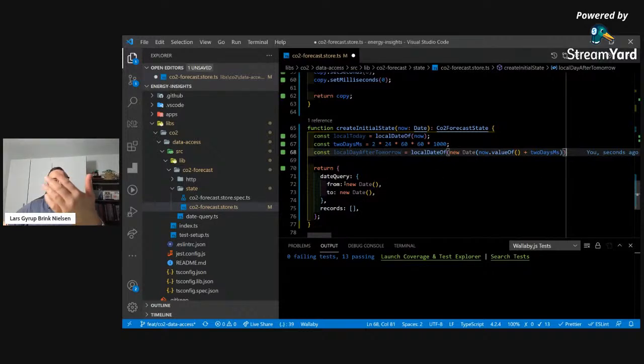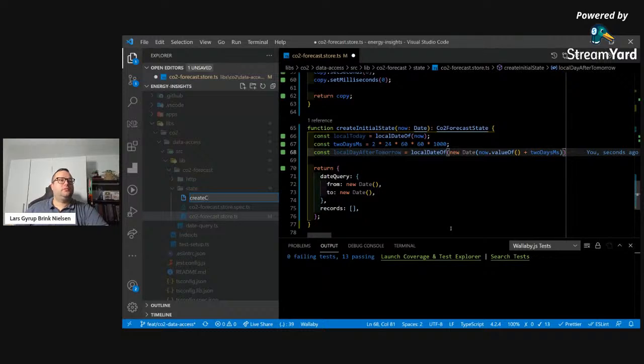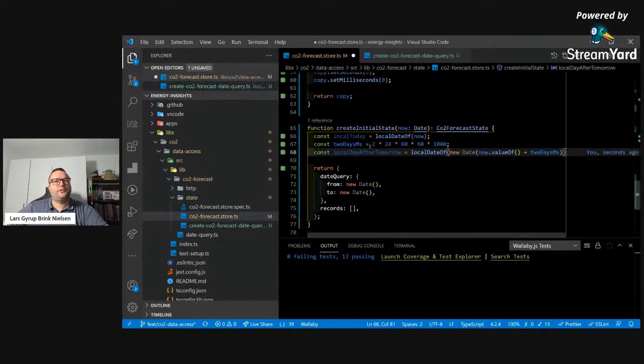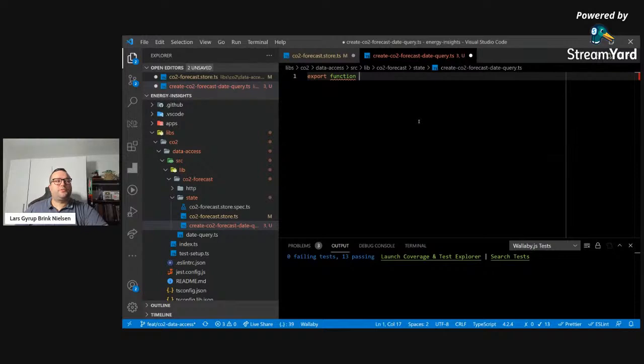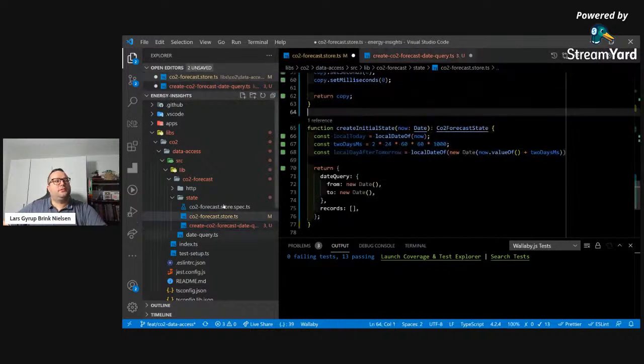Looks like this is actually something I should extract into a function. A function that's easily testable. Create a date query for the forecast. Sure, we can use it for other forecasts at some point. But let's start with the narrowest scope. So let's start inside of this very folder, and we'll lift it up to other folders or other libraries as needed. We'll get it a now, which is a date, and it'll return a date query. Date query, kind of a fun word. So it will have this local date of,